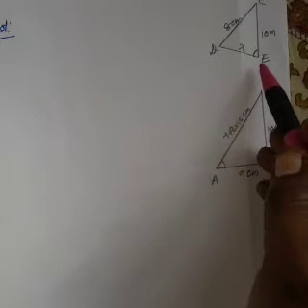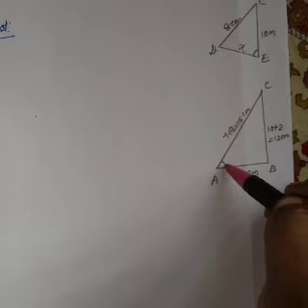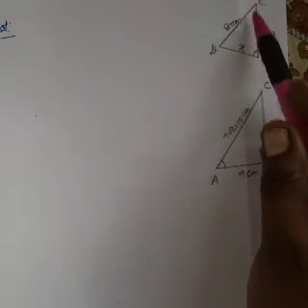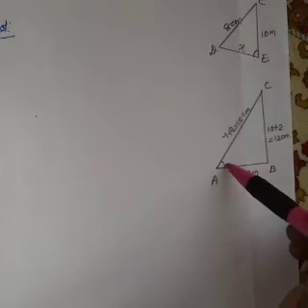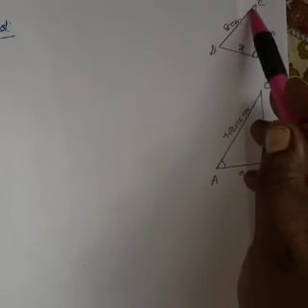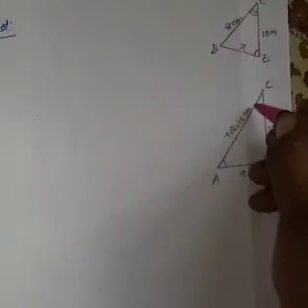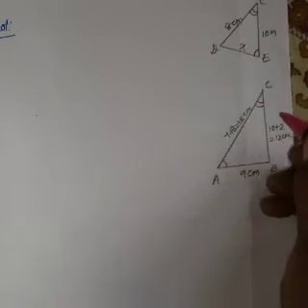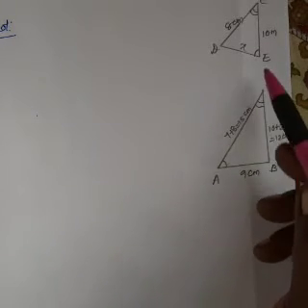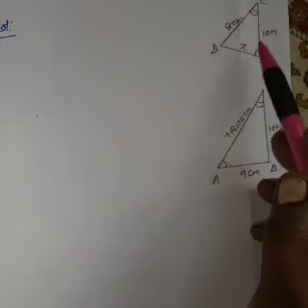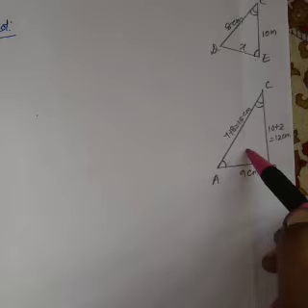Okay, now you see in the question itself, given angle A, that is this angle, is equal to angle CED, this angle. These two angles are equal. Also we know this angle C is common. Angle C is the common angle in both triangles. So these two angles are also equal. So using the AA, one angle, another angle, so AA criteria, we can say these two triangles are similar.